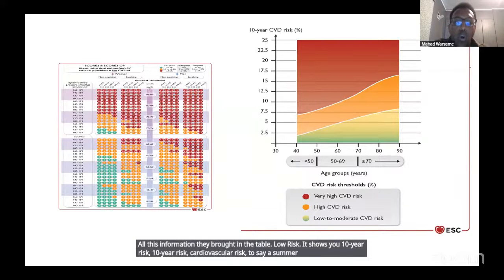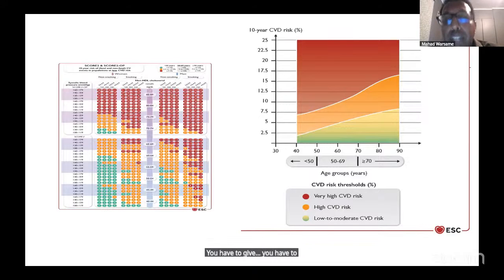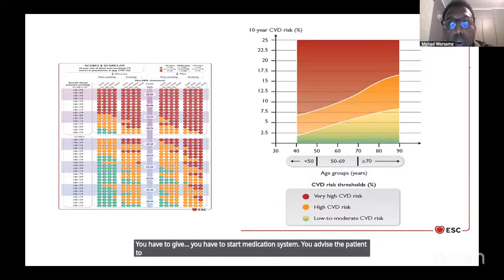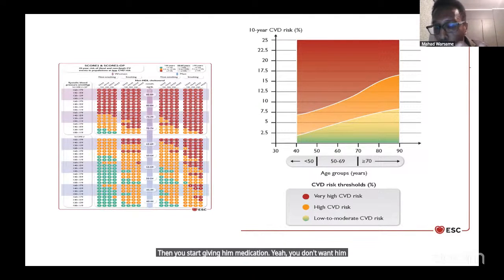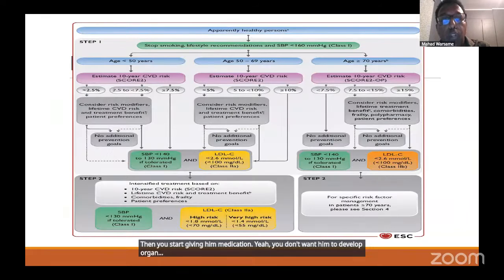If it's low, then you advise the patient to work on lifestyle. If it's very high, you have to start medications. You advise the patient to change his lifestyle for 1 or 2 months, and he comes back to you, and then he doesn't really have good blood pressure, cholesterol, and glucose. Then you start giving him medication. You don't want him to develop organ injury. That's what you don't want. Here it is very straightforward and easily given. You just have to follow